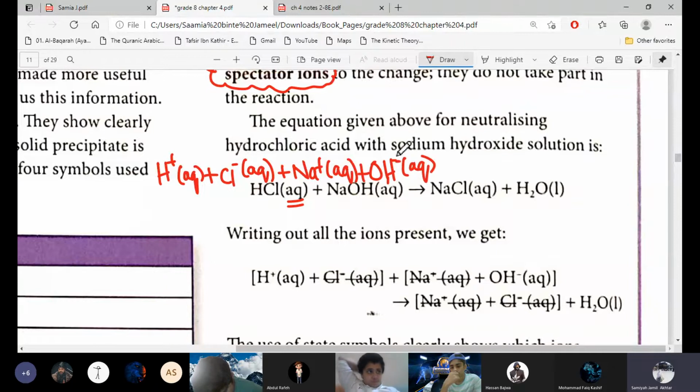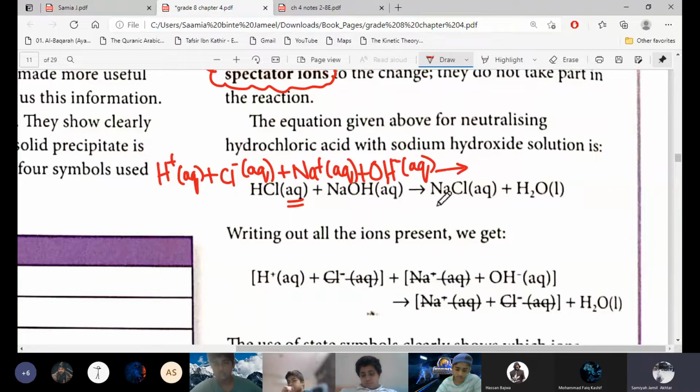Because in ionic compounds there are positive and negative charges. There is no positive and negative in a covalent compound. Because a covalent compound, which you studied in first term, is formed by the sharing of electrons, so there is no positive, no negative in a covalent compound. So if it is a covalent compound, then obviously it will not split into its ions, only the ionic compound will split.